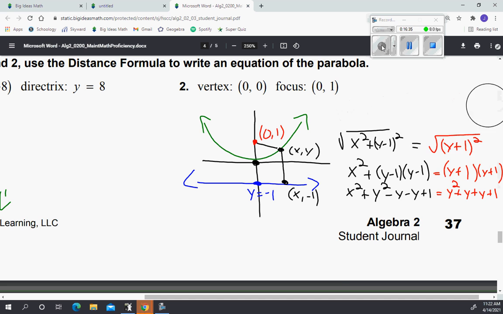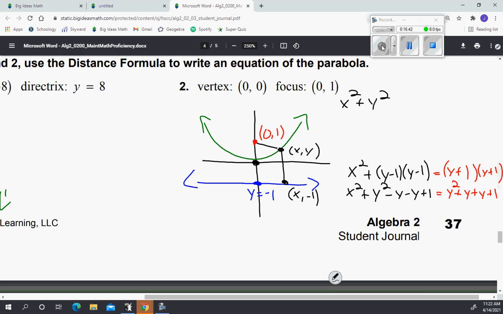I'm going to erase up here so I have some room. Simplify, I have x squared plus y squared minus 2y plus 1 equals y squared plus 2y plus 1. What can I cancel out? Do it in blue. Plus 1, those cancel out. Minus 2y plus 2y, those cancel out. y squared, those cancel out. So x squared